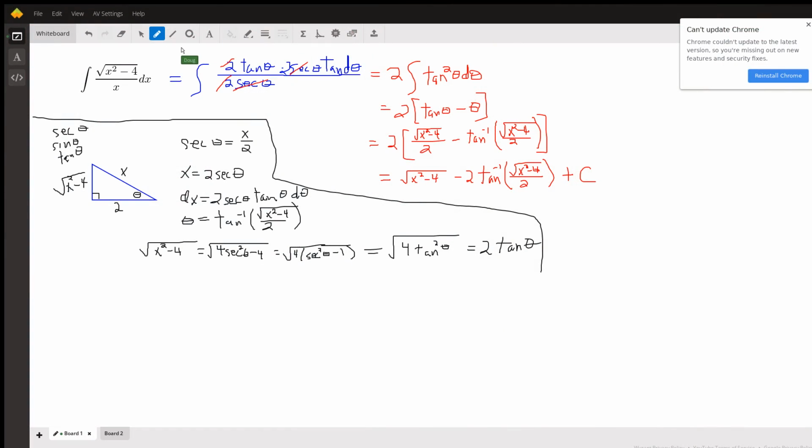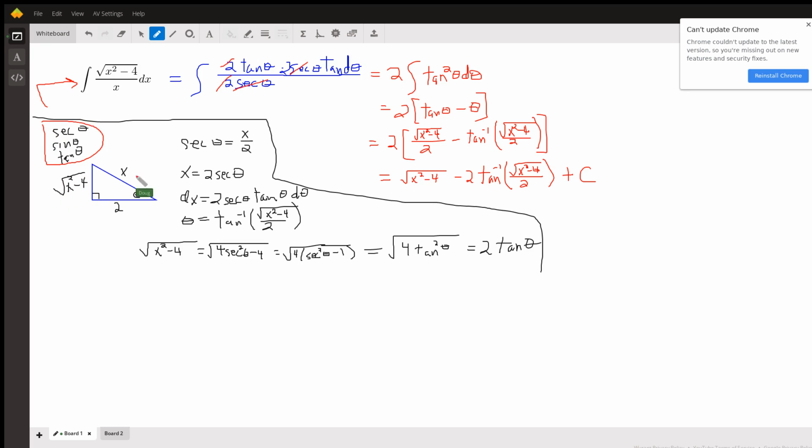Okay, here's the antiderivative we're trying to evaluate right here. The fact that we have a square root symbol with something squared minus something tells us that we might want to use trig substitution. Of course, if this x was in the numerator, we could just use u substitution. When you're using trig substitution,